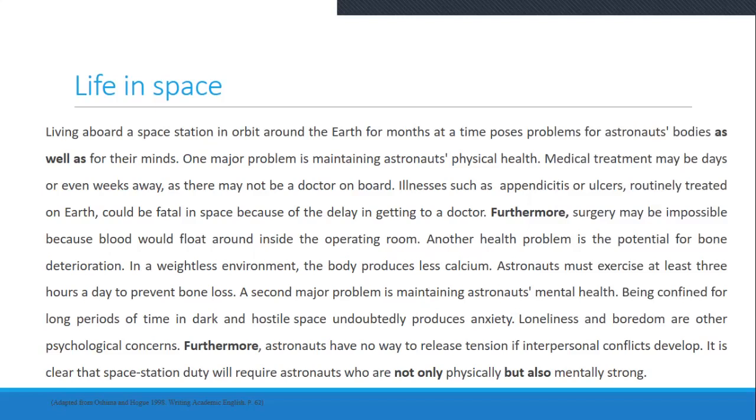Living aboard a space station in orbit around the Earth for months at a time poses problems for astronauts' bodies as well as for their minds, right? So the first part of the paragraph is going to talk about how living in space is going to affect a person's physical health, right? And then in the next part of the paragraph, the writer is going to talk about how living in space is going to affect a person's mind, right? So bodies as well as for their minds. So the first part is going to be about